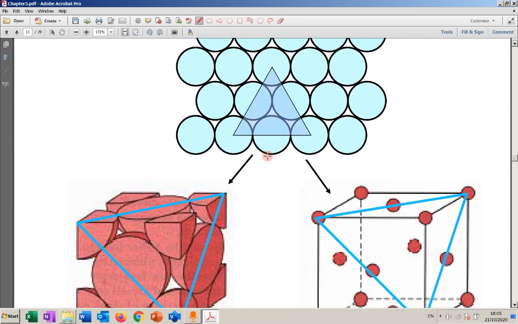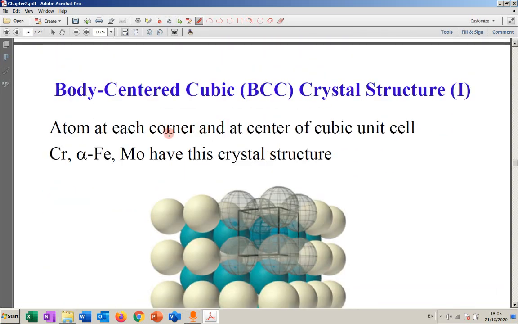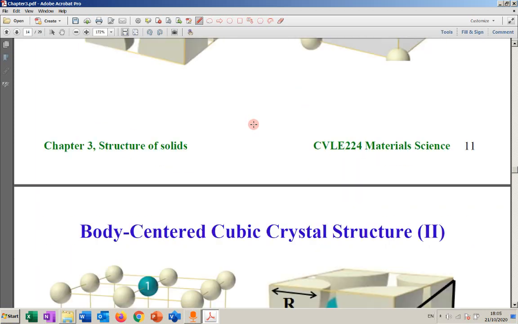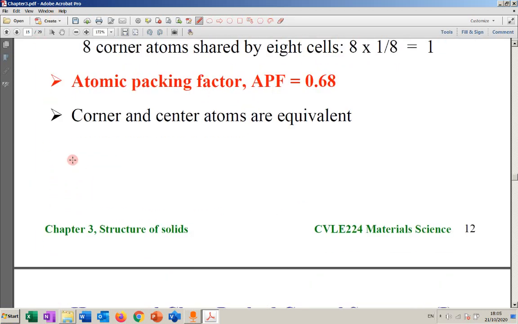We'll come back to this close packing. Now we can do the atomic packing factor for BCC. Let me do it here for BCC. Now for BCC, what do we have? Atomic packing factor. We have the volume of the cube. It's a cubed. Now, the relation between a and R, we said,